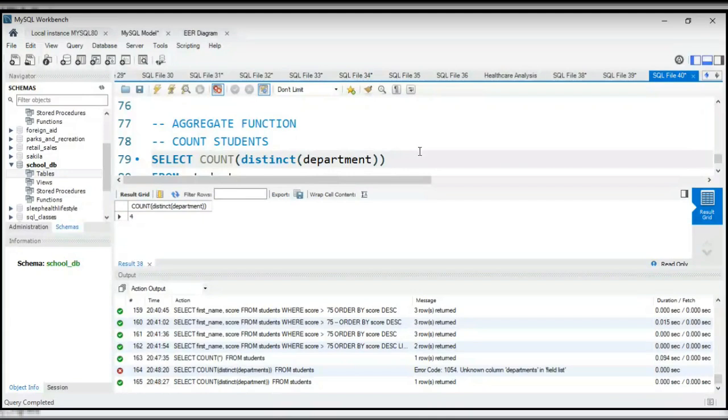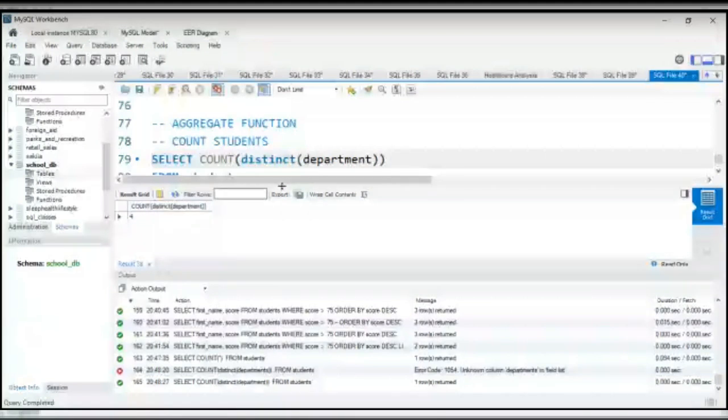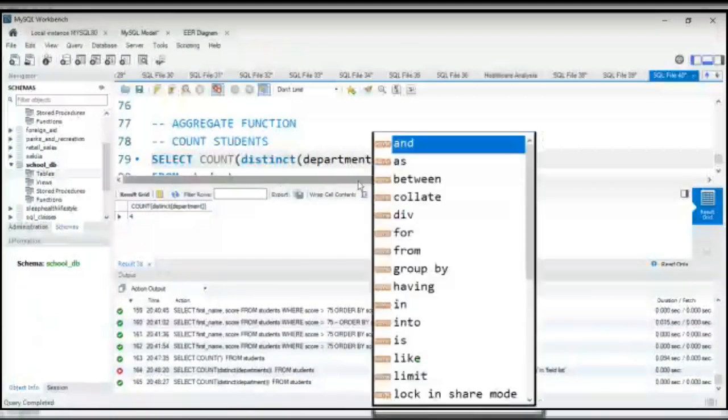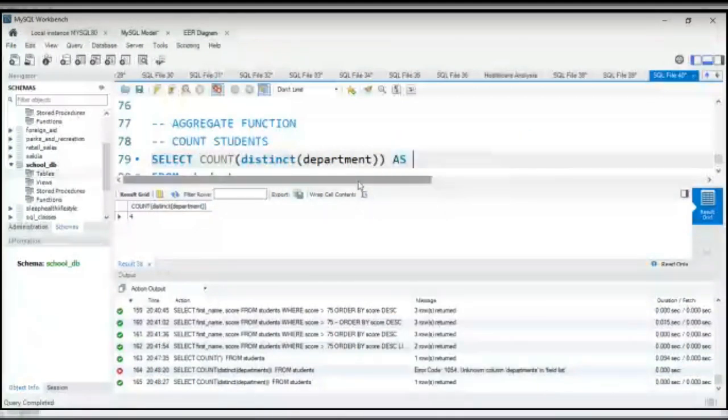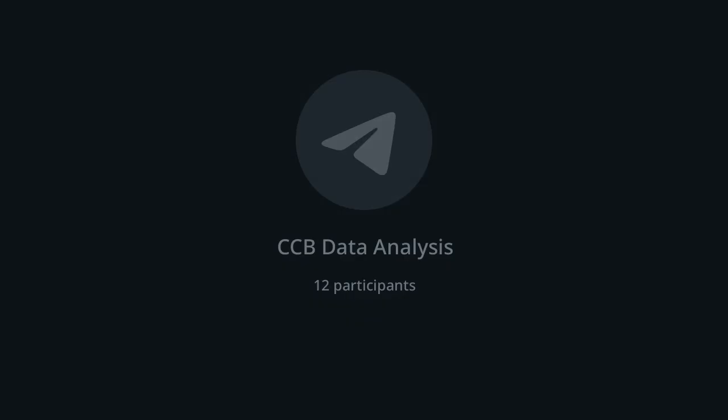Alias is like, I don't like how long this looks in my output, so I just want to name it something else. I want it to be distinct department, since we have department already in our column. So when I run it,